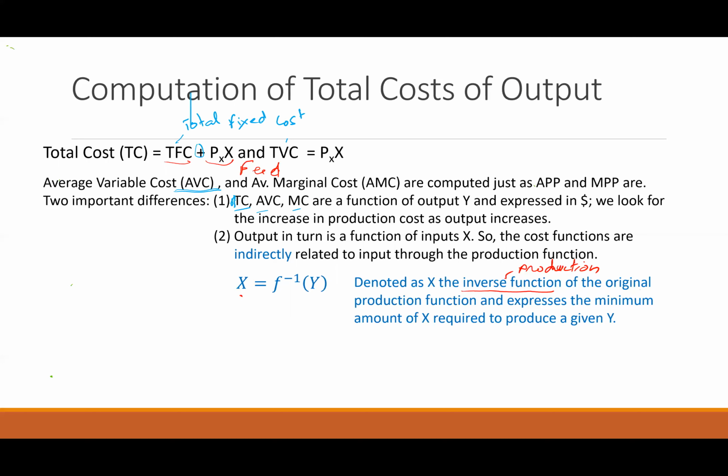Actually, this should be average total cost. And one thing to point out is that in our production function, we have the output as a function of the input X. But in the cost function,